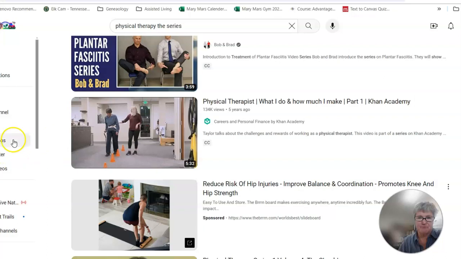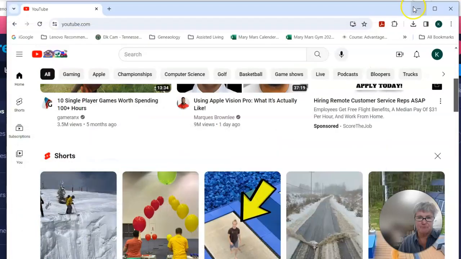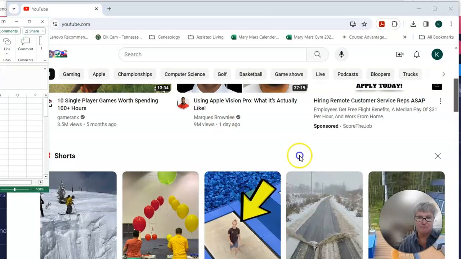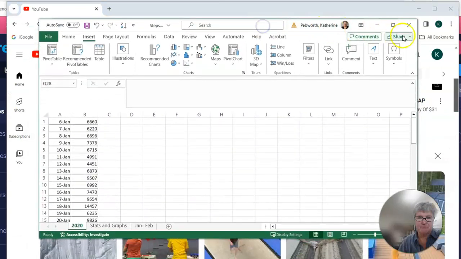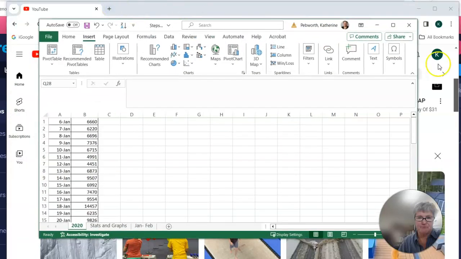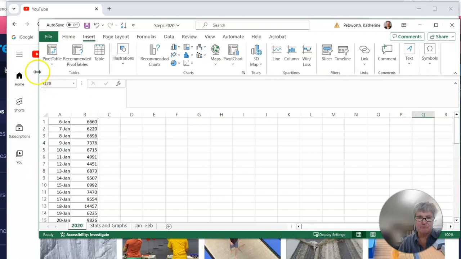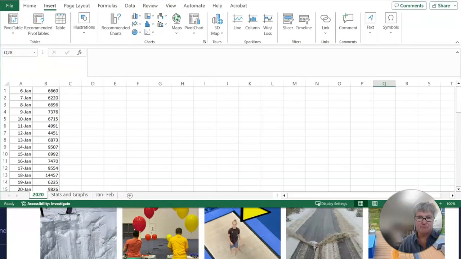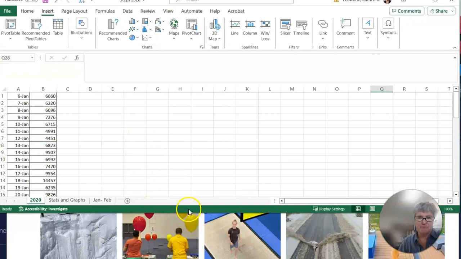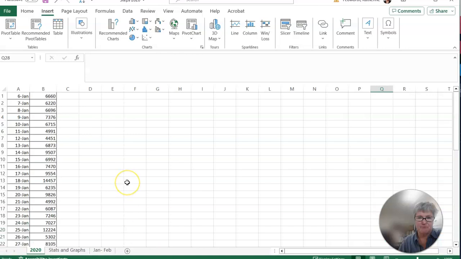And so the next thing you're going to do, we are going to go and use your Excel in either your heart rate or your steps, whichever one you chose to do. And so here's an example of my steps. And granted, it is an older one, but these are what I have.